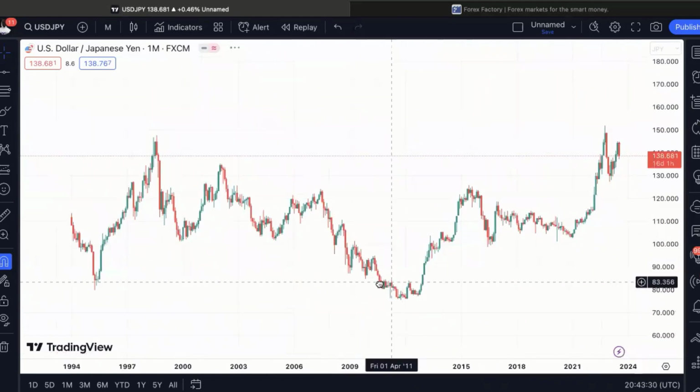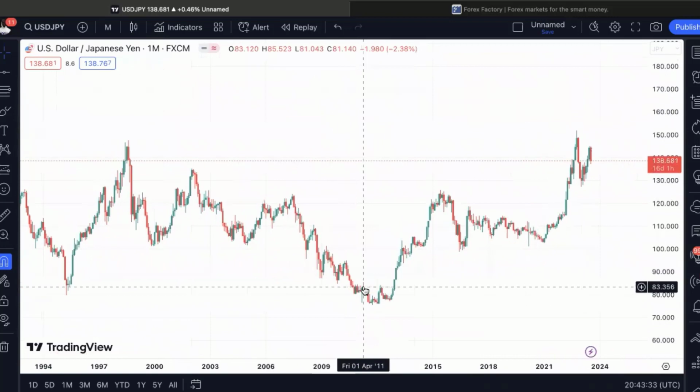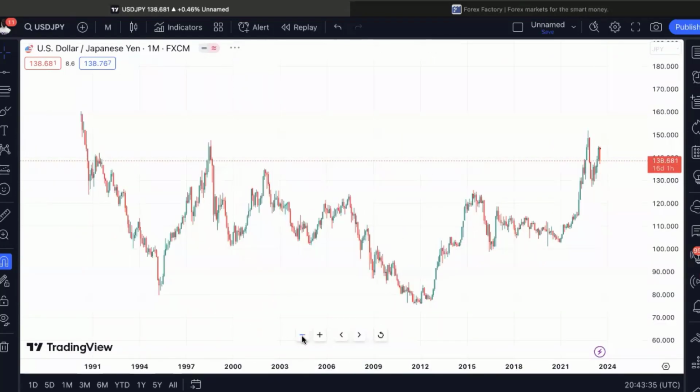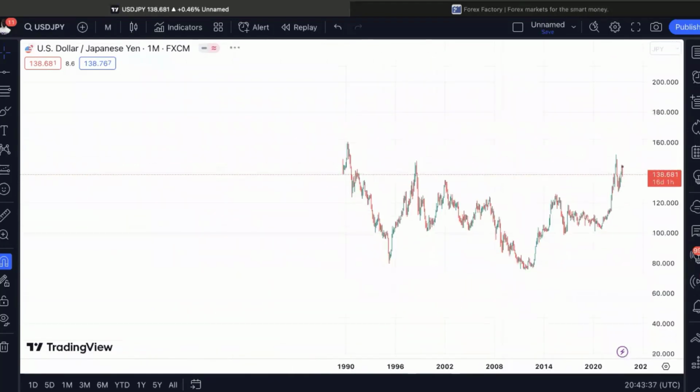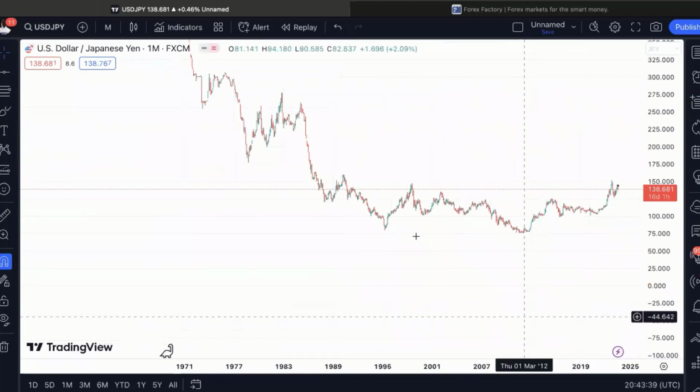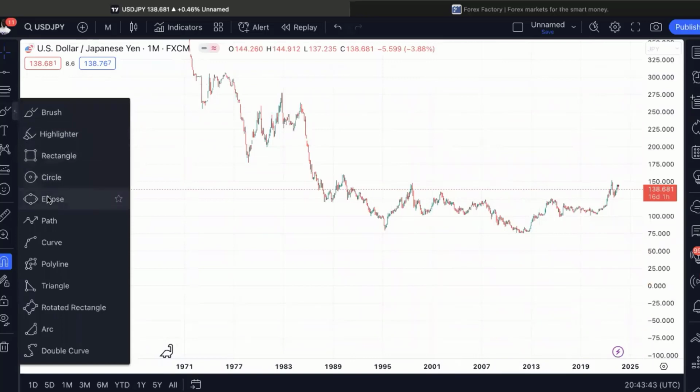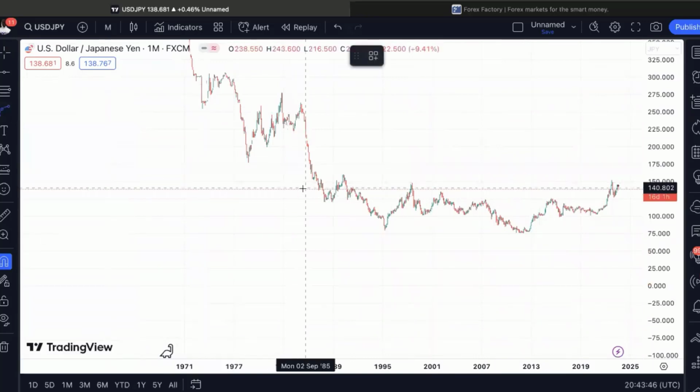What direction did you see on the monthly time frame? All right. So you can see that there is already, you know,